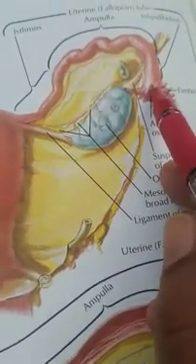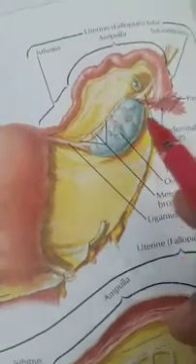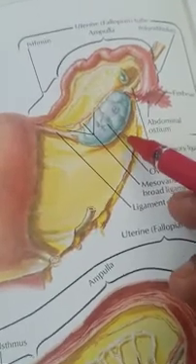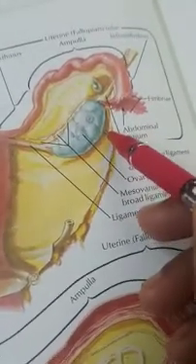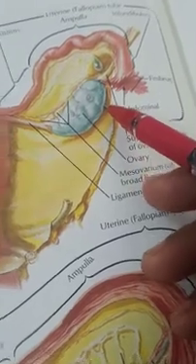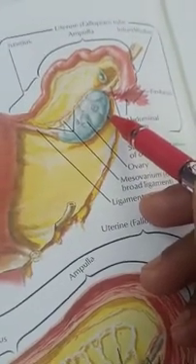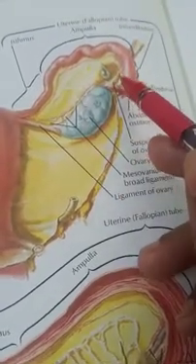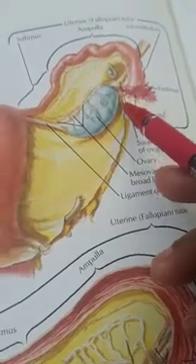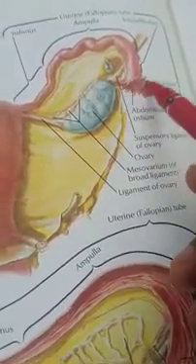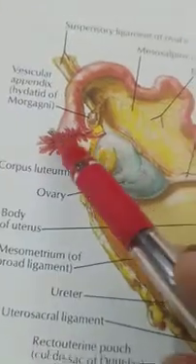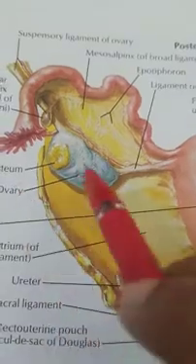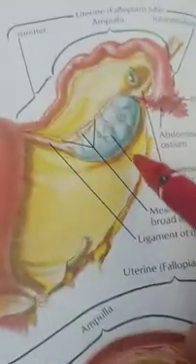Okay. Then two surfaces, lateral surface and medial surface. This portion is the lateral surface, and it is related to the ovarian fossa, and to our obturator nerve and vessels. And then medial surface is covered with the fimbria of the uterine tube, like this, here. So it will be coming in contact with the medial surface, the uterine tube, fimbria.